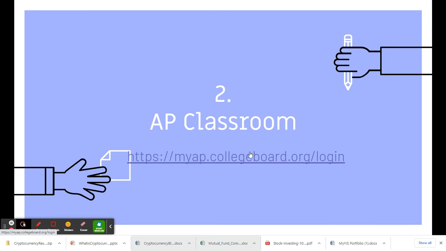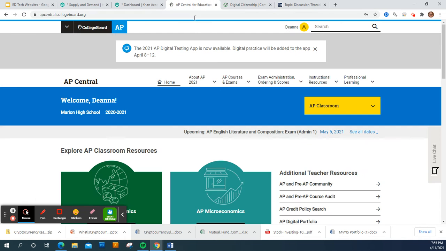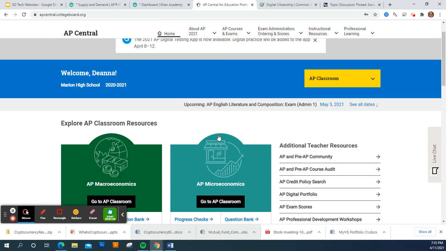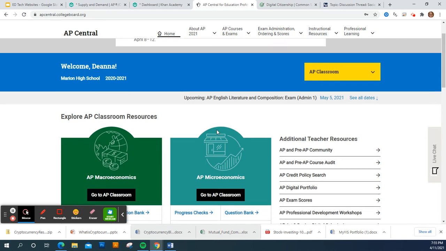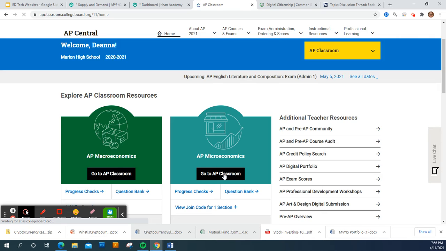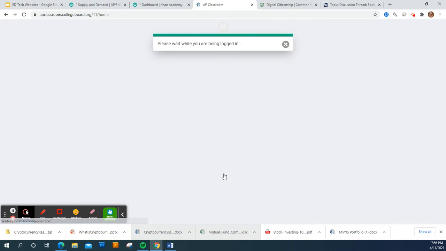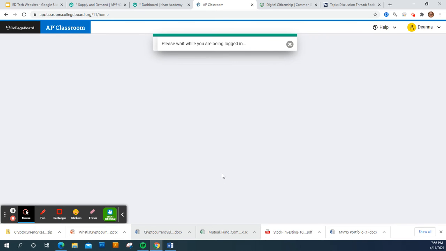The next site I'd like to look at is AP Classroom. Now, AP Classroom is sponsored by the College Board. I already have it logged in here. And it is a branch of the College Board website. So if I go take a look at one of the courses that I teach, AP Microeconomics,